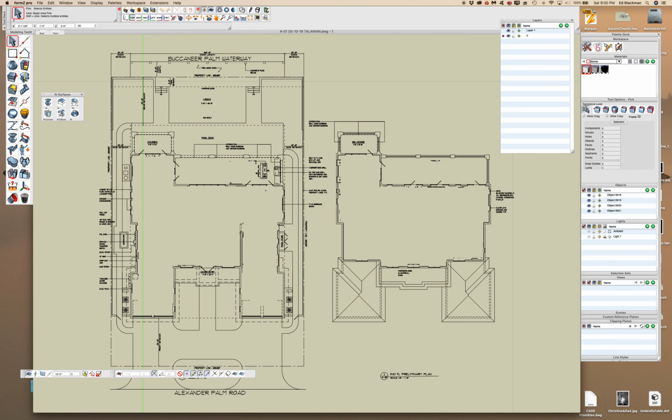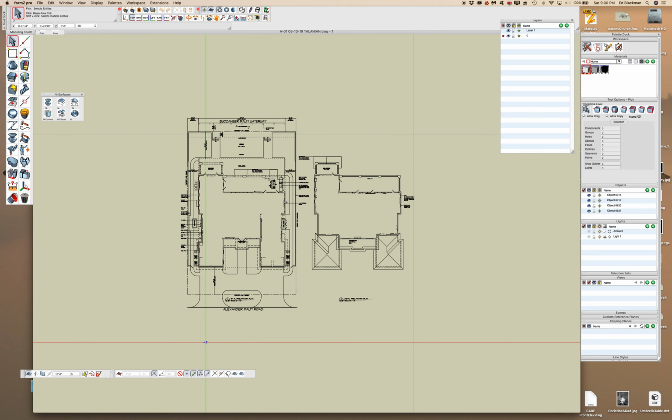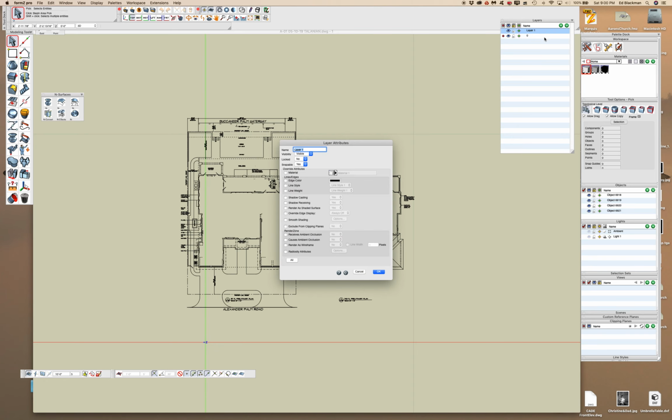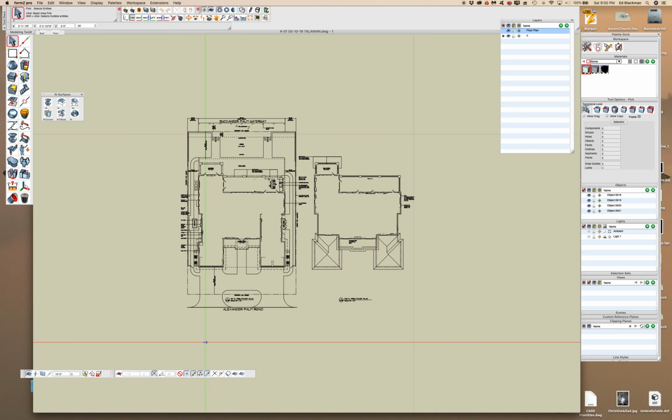Okay, so there it is, and it's on that layer there. So let's double click on it and name it floor plan. Now, what I like to do is to